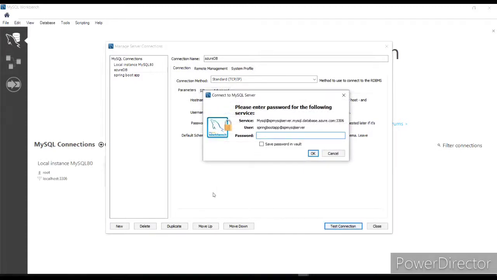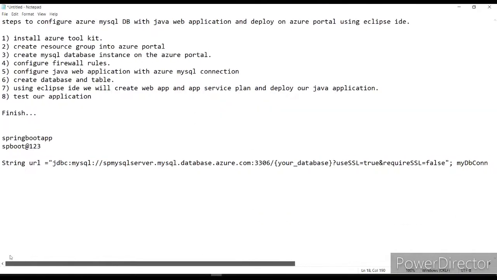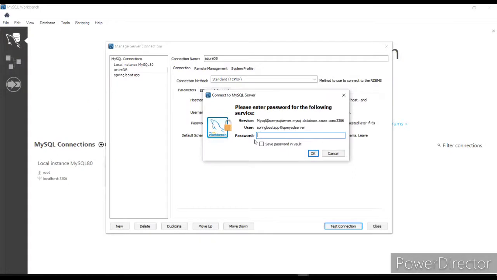Now it is asking for the password, so I just copy the password from my notepad and paste it here.